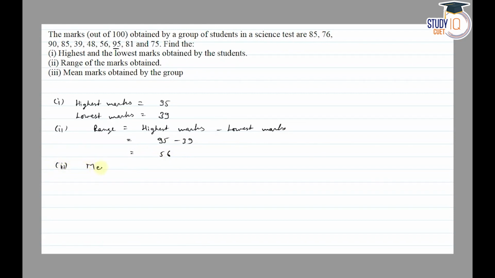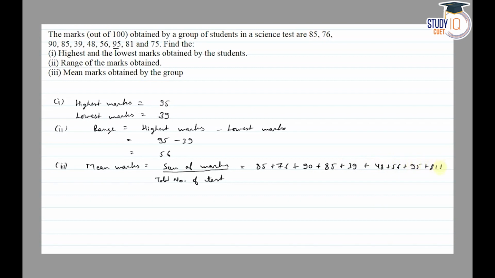Third, mean marks. So mean marks will be sum of marks upon total number of tests. So we will sum these: 85 plus 76 plus 90 plus 85 plus 39 plus 48 plus 56 plus 95 plus 81 plus 75